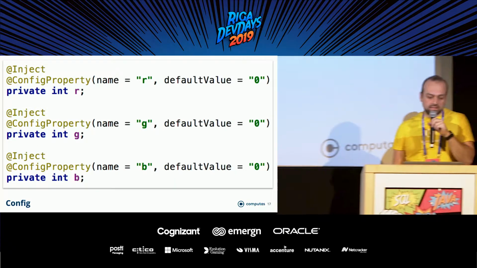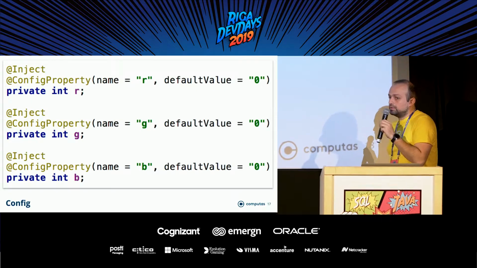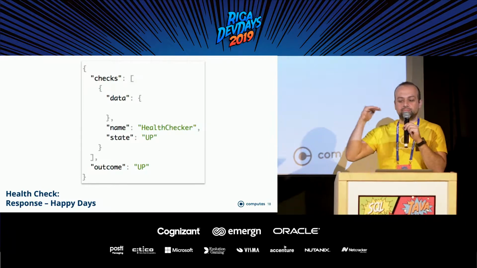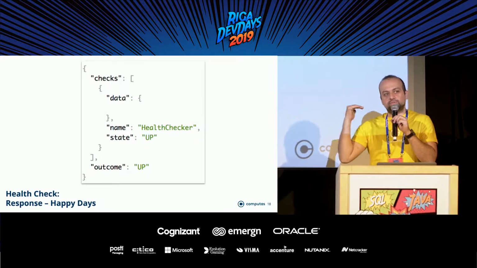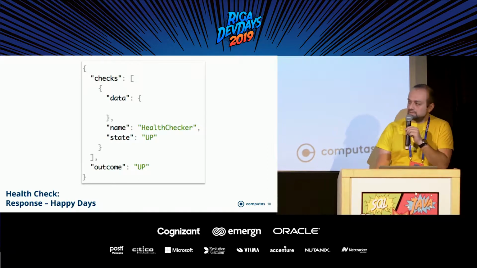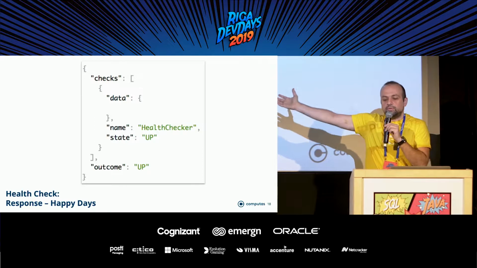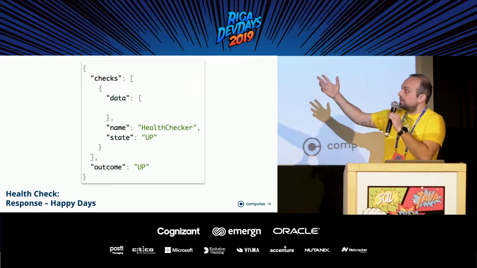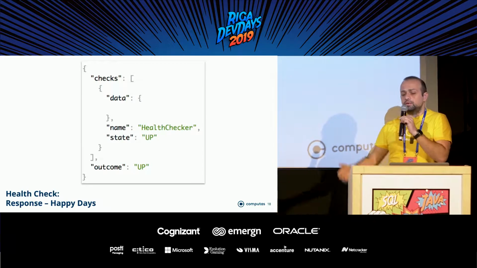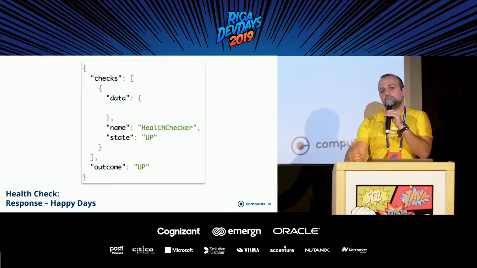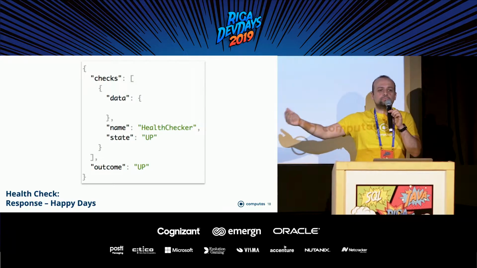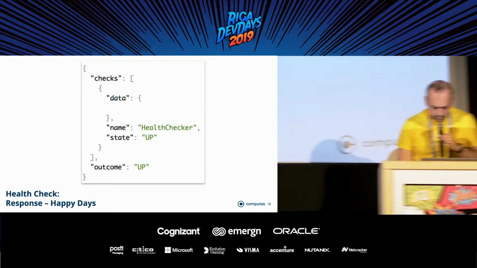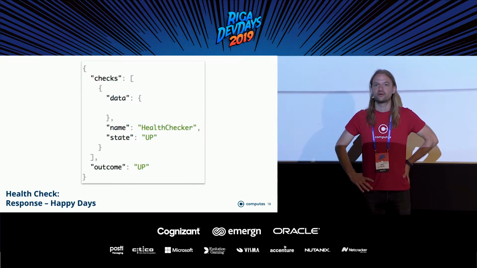The properties, that's one thing. The other thing is that, speaking of making things run, you want to check how things are when it comes to health. So basically you want to check if the services are up and running or not. And this is also a quite well implemented, very nice, out-of-the-box feature that comes with a bunch of output, and that output goes right into the cloud world we're living in now. Who is using Kubernetes or anything that builds on Kubernetes, like GKE, Azure Kubernetes, anything?